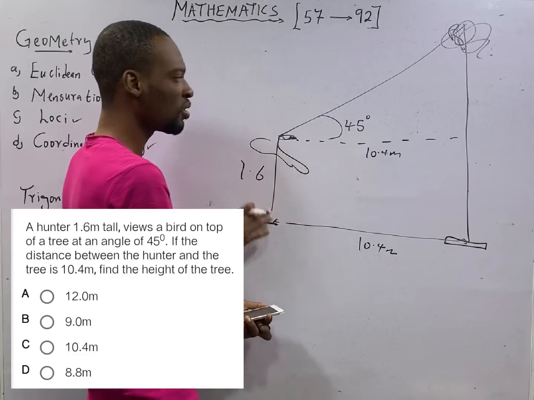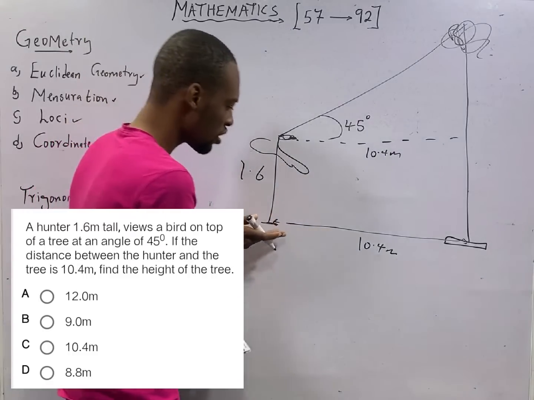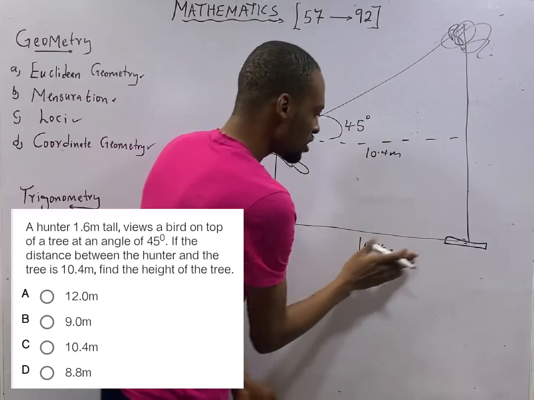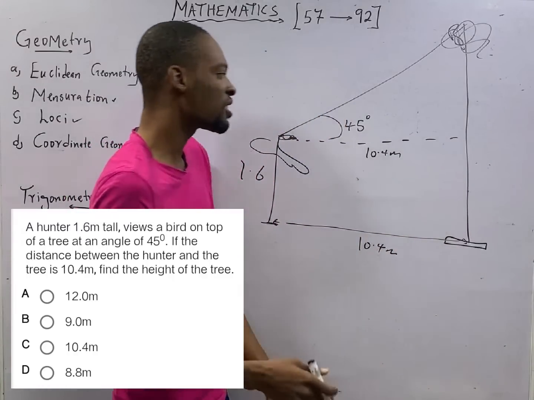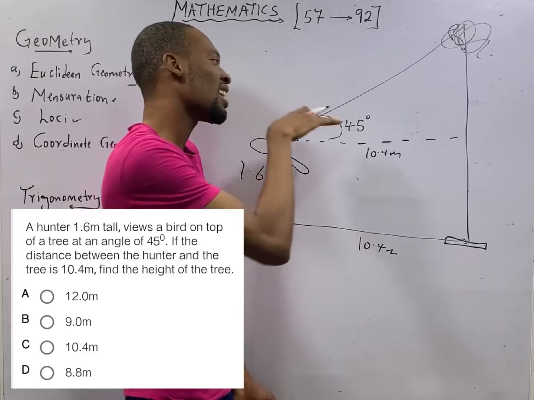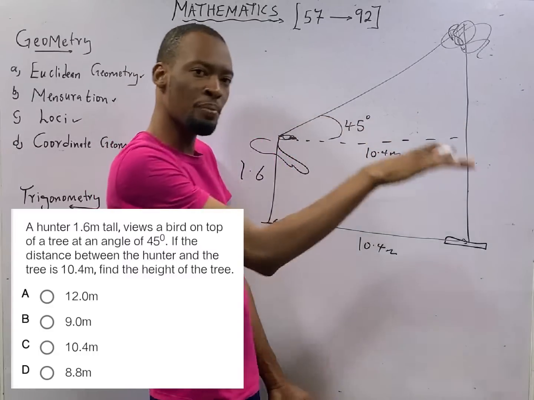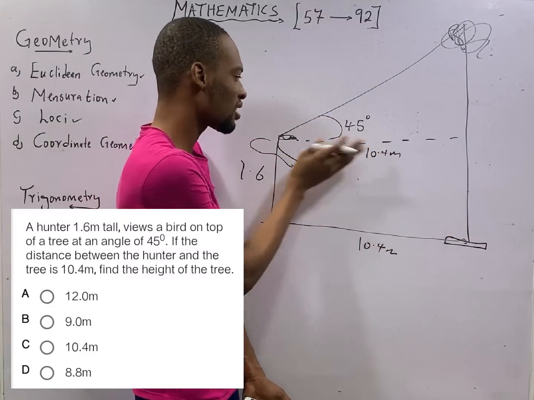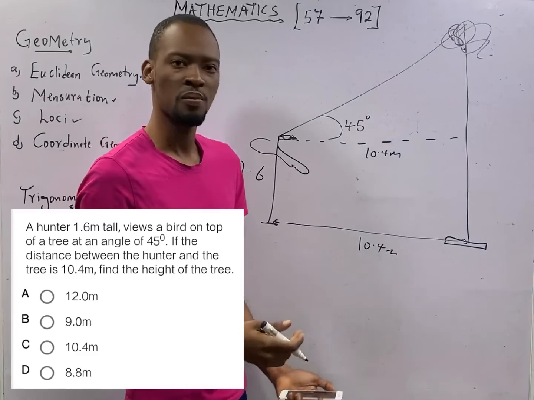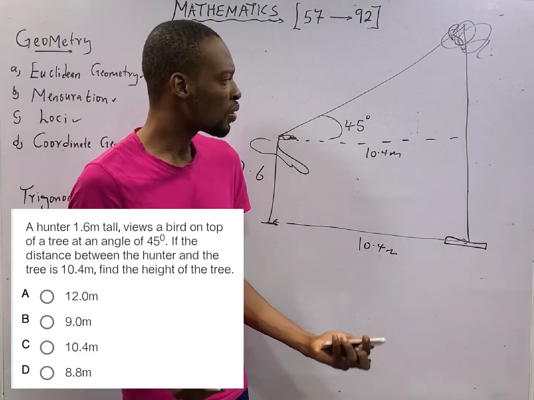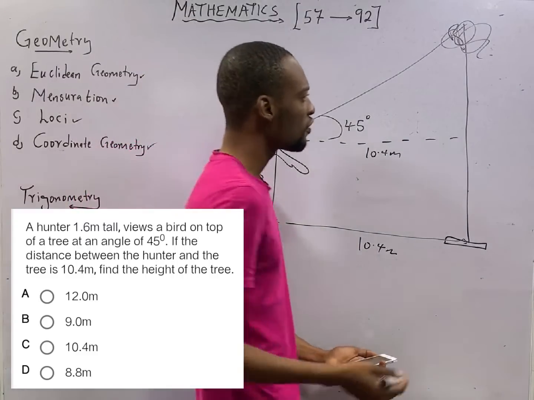The distance between the hunter and the tree, from the leg to the tree, is 10.4 meters. It is the same distance between the eye and the side of the tree, or any part of the tree. So this and this, they are the same distance. But there is a problem. What is the problem? From here to here